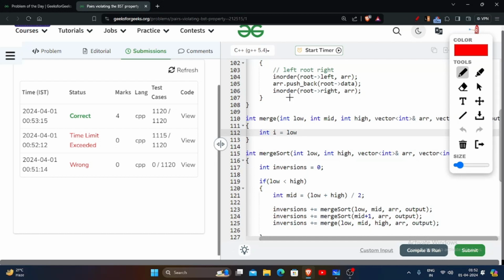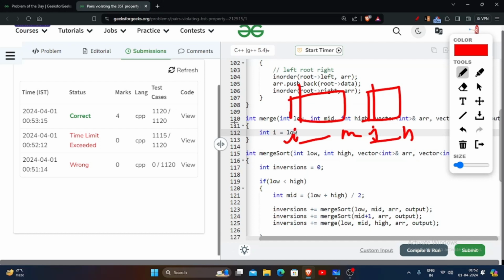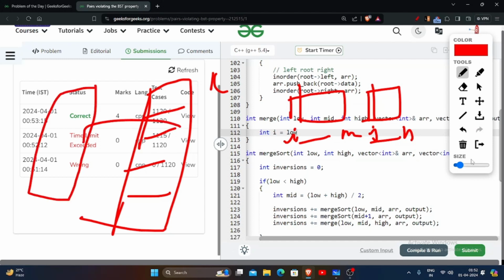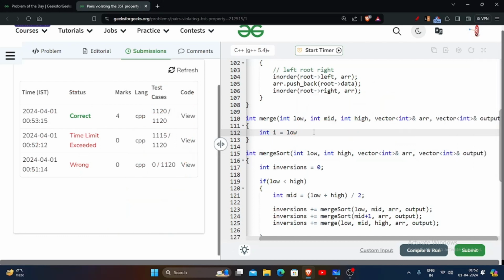क्योंकि जब मैं दो एरे को मर्ज कर रहा हूँ, तो एक एरे ये है, एक एरे ये है, ये आई है मेरा, यहाँ मेरा मिड होगा, ये मेरा जे होगा, और ये एरे की लेंथ होगी। तो इसको जब मैं कंपेयर करूँगा ना, तो मैं आई और जे से कंपेयर करूँगा, और जो मेरी डमी एरे थी ना, के वाली आउटपुट वाली, हम इसमें स्टोर कर रहे होंगे, जो उनका आंसर होगा, और लास्ट में इस एरे से हमारी मेन एरे में कॉपी करते हैं। दिस इज मर्ज सॉर्ट, एंड जे वुड बी आर,